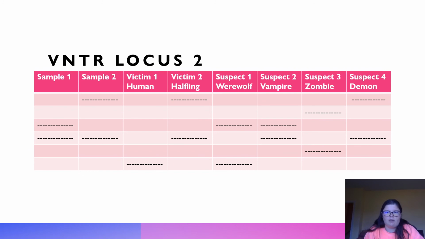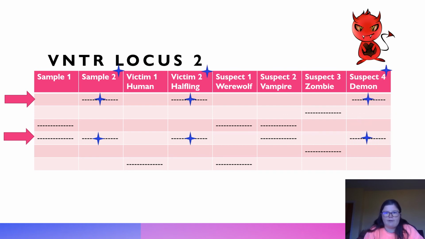And so then we go to locus 2 to determine who probably left the genetic material. Again, for sample 2, we have row 1, and then we will have row 4. And so going through, both the halfling and the demon could have left the genetic material. So we'd have to go back through and actually, if we have more genetic material